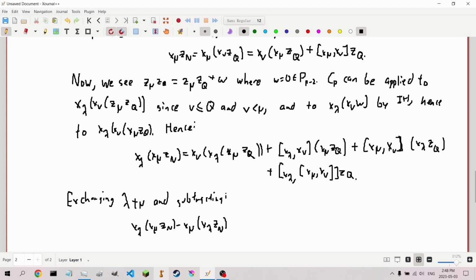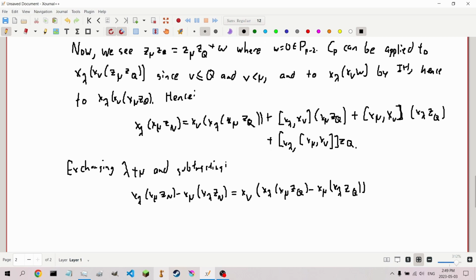Lambda zn, what is this going to give us? We have x nu times lambda times x mu zq minus, swapping x mu and x lambda, plus x lambda with x mu and x nu zq, minus x mu with, so many x's, dude, x lambda, x nu, zq,